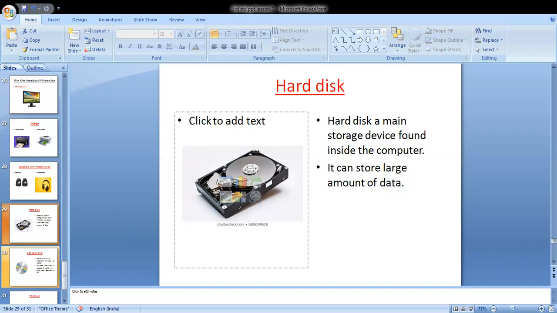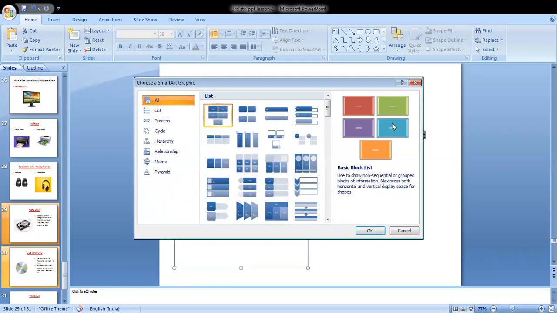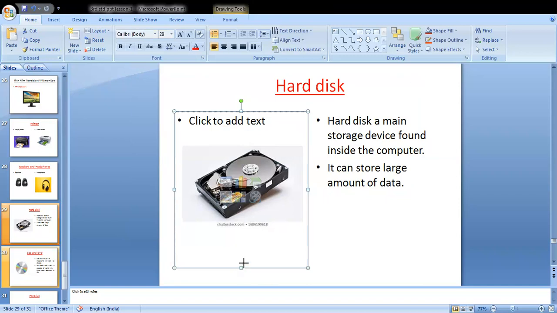If you want to save data, you can store information. If you want to save your drawings, you can store them and open them later. The devices used for storing data are also known as secondary storage devices or storage media. Understand? So which are the storage devices?